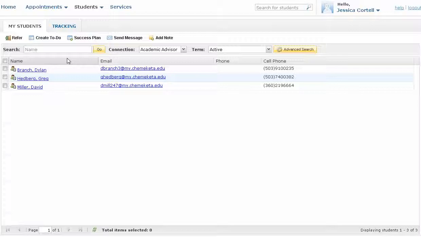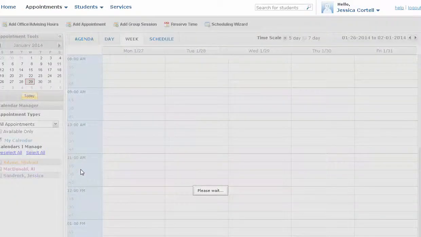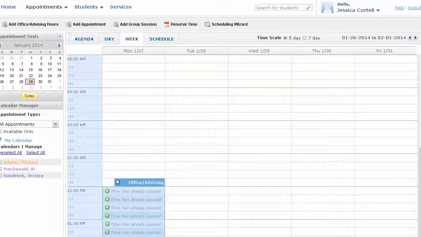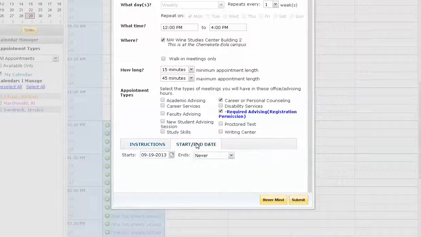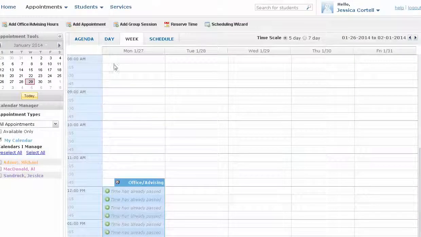The next step after you have your appointments set up. I'm sorry, let me just go to that real quick. Looks like every Monday you have appointments. These are already gone by, but you can change this anywhere. Edit your office advising hours, and the only thing I'd suggest you put in here is required advising, which you have. So that's all set, and a start and an end date you have. You might want to put an end date of end of this term and end of winter in case it's different term to term. I'm going to hit never mind there, but that's the only suggestion I have there.